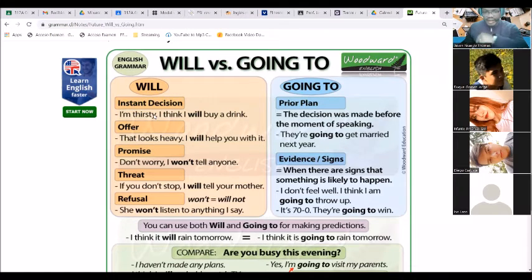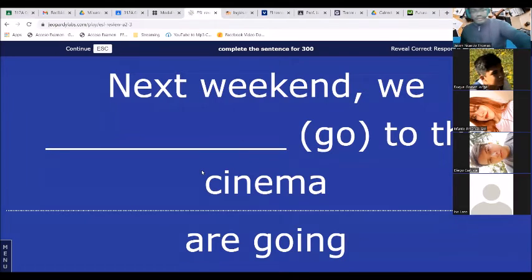If it's in the moment, if you're gonna make a promise or a threat, or you're being nice and you're offering something in the moment, or you're saying no to something, then you use will. Okay, so for plans, we use going to. All right, one more time, Diego. Next weekend we are going to the cinema. Perfect.